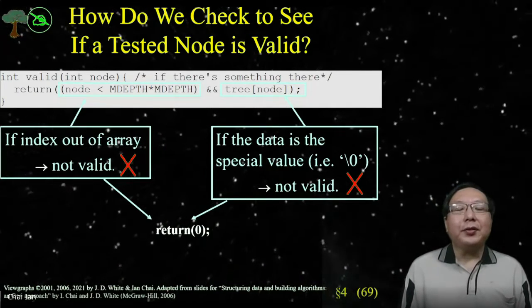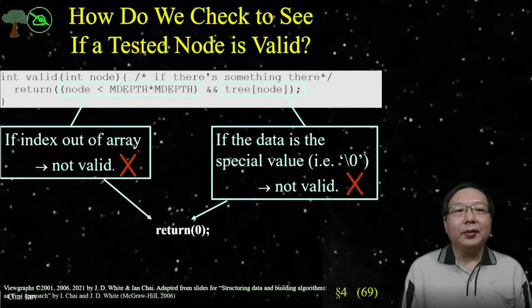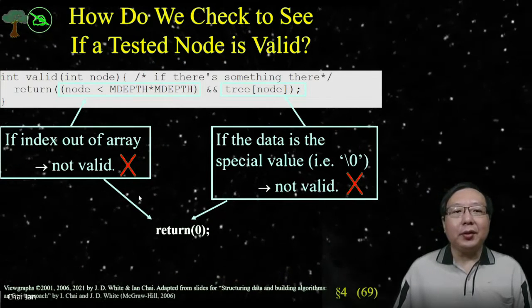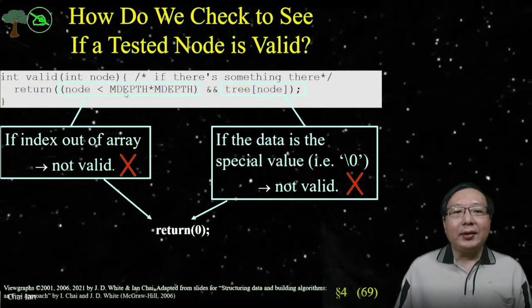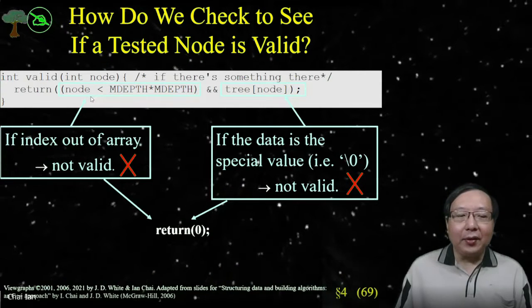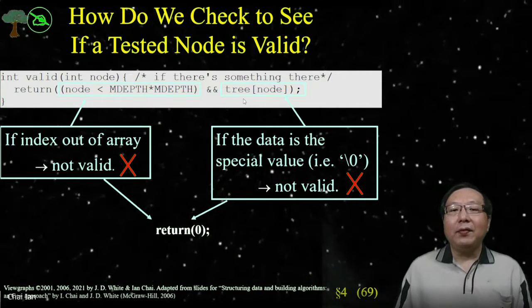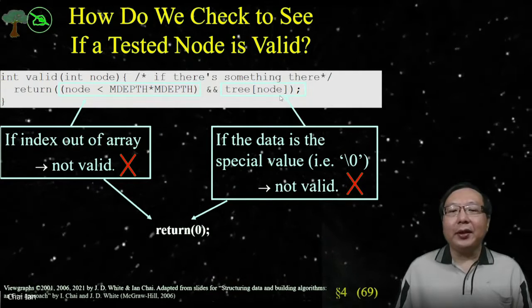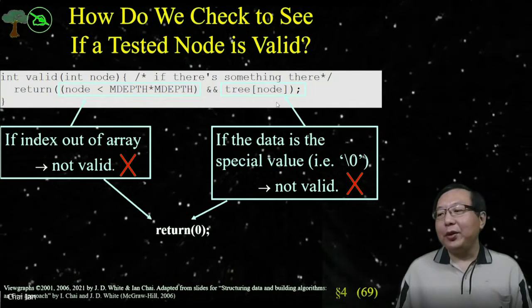So how do we check to see if a tested node is valid? We have to see 2 things. One is, is the index out of the array? If it's out of the array, it's not valid. Or if the data is the special value of null. In this case, we